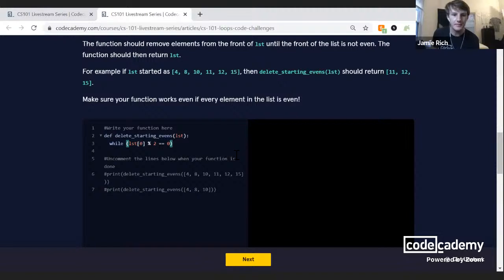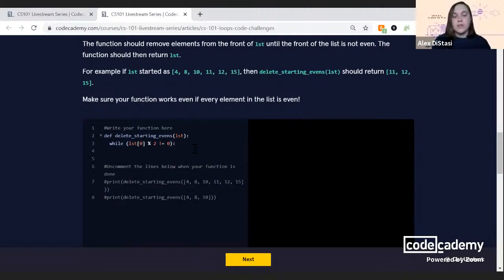So while index 0, actually, nope, we want to stop when it's not even. So while the first element of our list is not an even value, what are we going to do? So what this is going to involve is changing our list value, LST. So what I'm going to say is LST equals